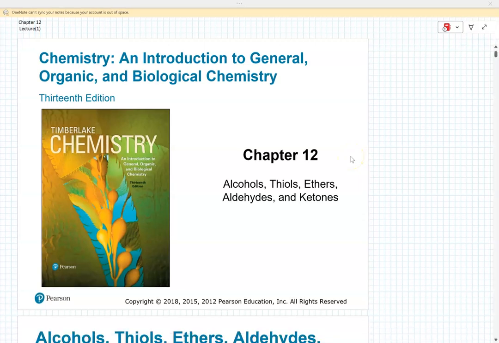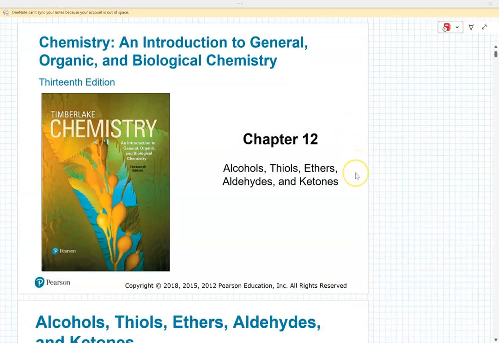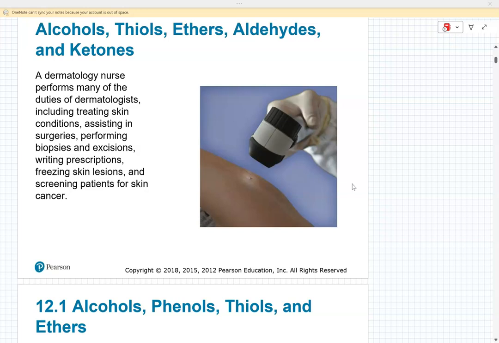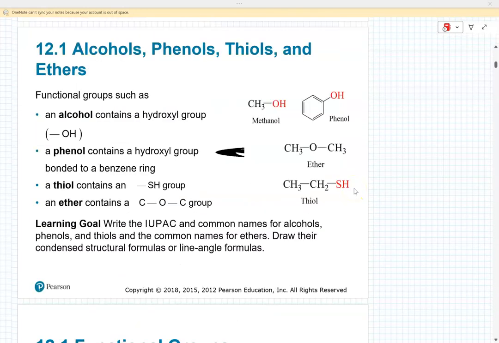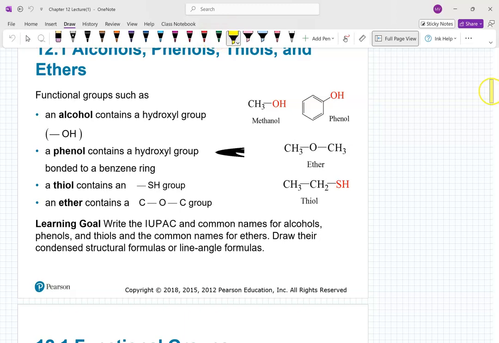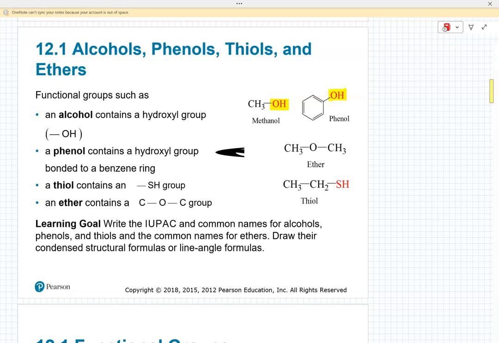We're going to start chatting about these compounds: alcohols, aldehydes, ketones, thiols, ethers. I'm going to skip the BS part and jump back immediately to the conversation about what these are. So basically, this is your first glance into what's called a functional group. Okay? So you can see that there are distinctive arrangements of atoms here and here, for instance, that change the properties